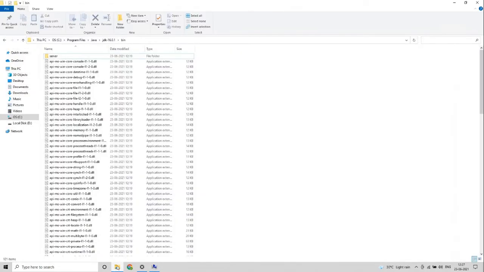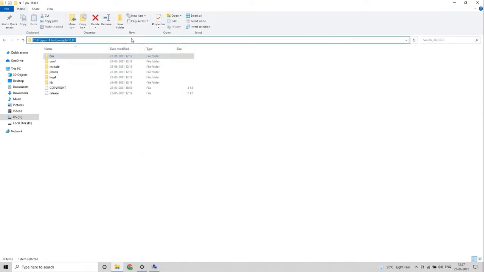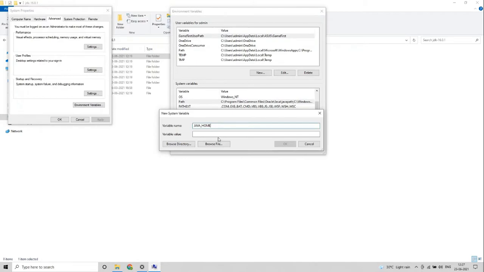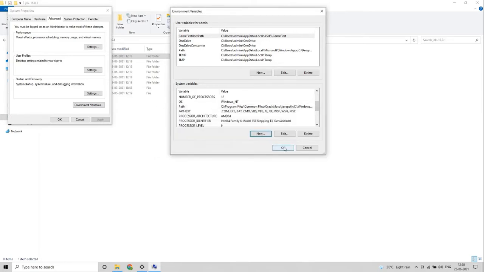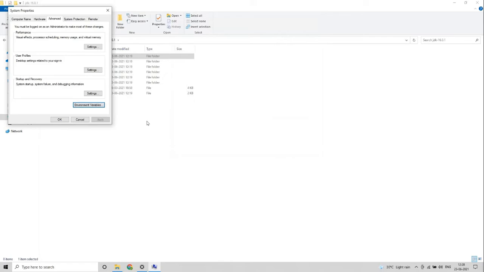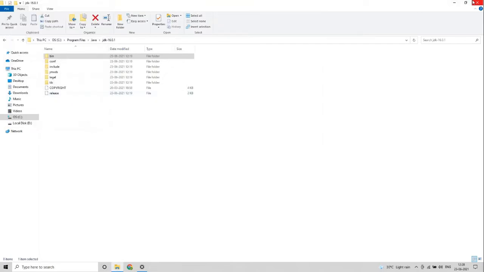So copy the path up to the JDK folder and then paste it here as the value for the JAVA_HOME environment variable. Click OK here. You can see that the JAVA_HOME variable is set now. Then click on OK, again OK, and close all the windows.